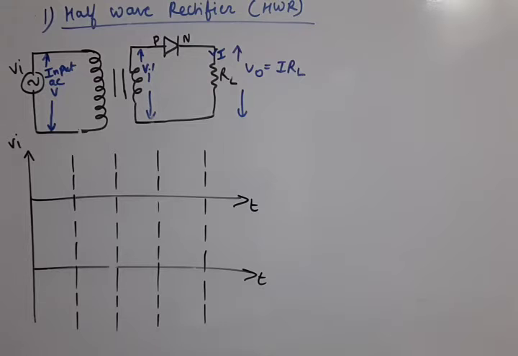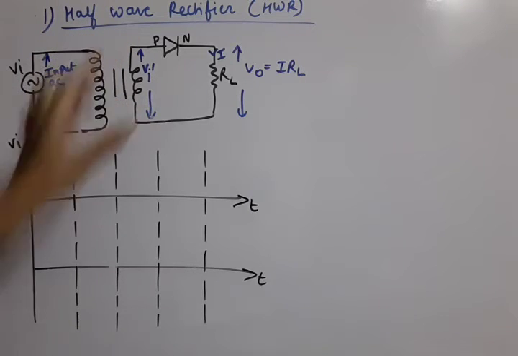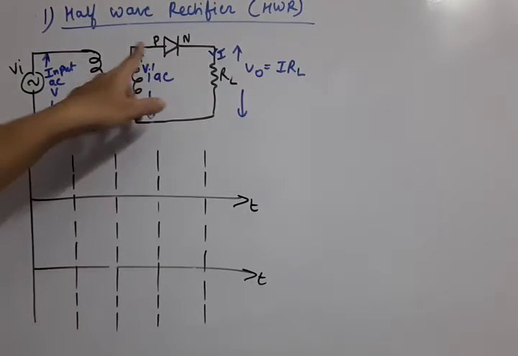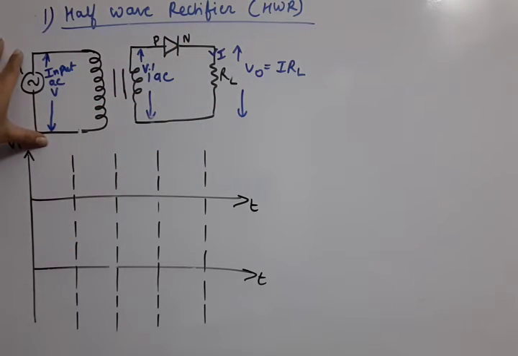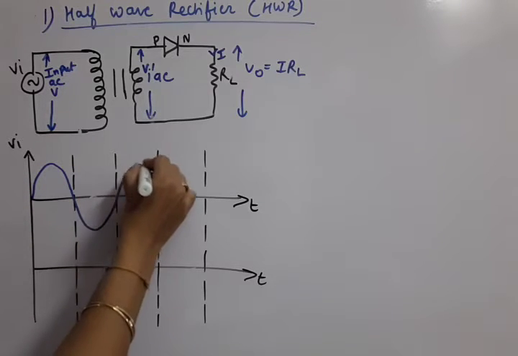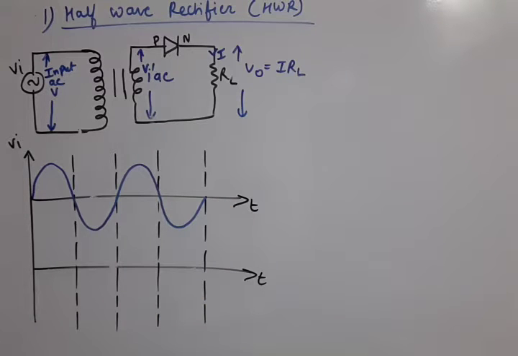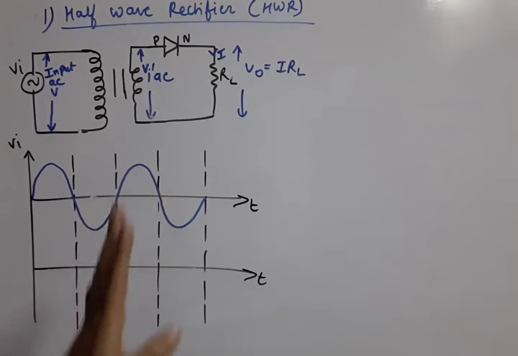Now let us start seeing the working. What is the purpose of the rectifier? We first give the AC voltage to the transformer. The transformer reduces it, but it is still AC voltage, and this is applied to our PN junction diode. Our AC voltage, which we can draw, is this way. AC means alternating voltage. It is that voltage which changes its magnitude and also its polarity. That means the current direction in the circuit may be in one direction, and after a certain time in the opposite direction, then again opposite. This is called AC voltage.